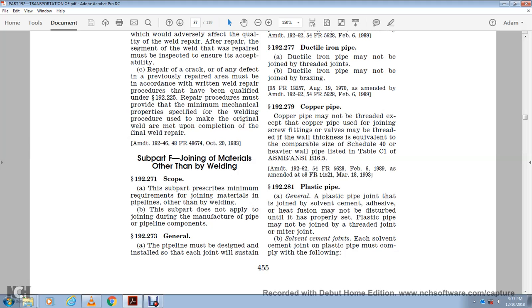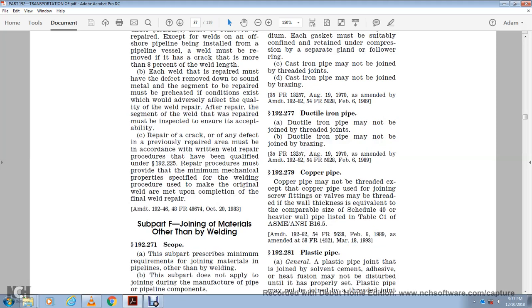Alright, Subpart F, joining of material other than welding. Scope: this part describes the minimum requirements for joining material of the pipeline other than welding. The subpart does not apply to joining during the manufacture of pipeline components. Generally, the pipeline must be designed and installed so that each component will sustain